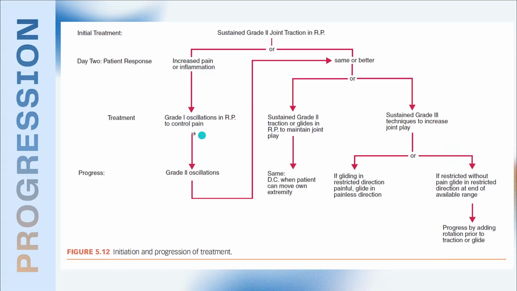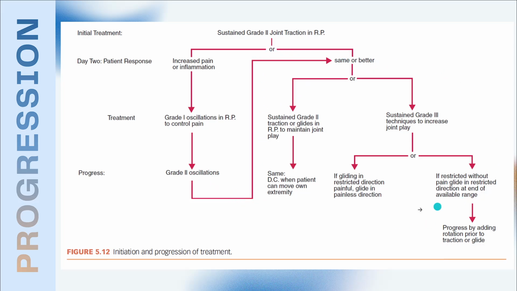Okay, so let's say I applied it on day 2. What do we do next? You check again. If they still feel pain, then you apply grade 2 oscillations. You increase the amplitude. Large amplitude rhythmic oscillations, 2 to 3 oscillations per second, for 1 to 2 minutes in duration. Now, if on the third day they say thank you, it feels better now, they feel the same or they feel better,